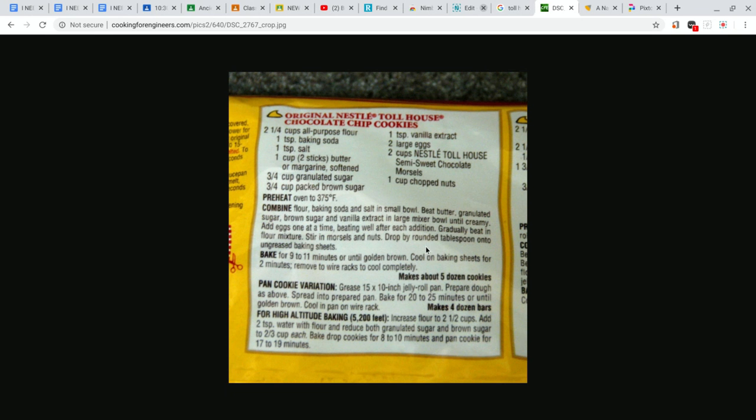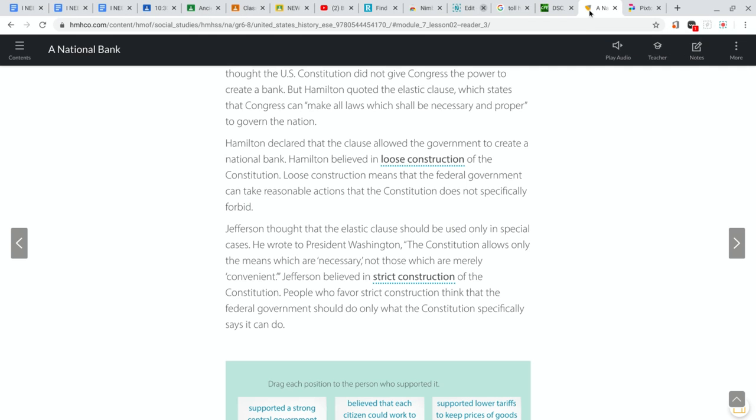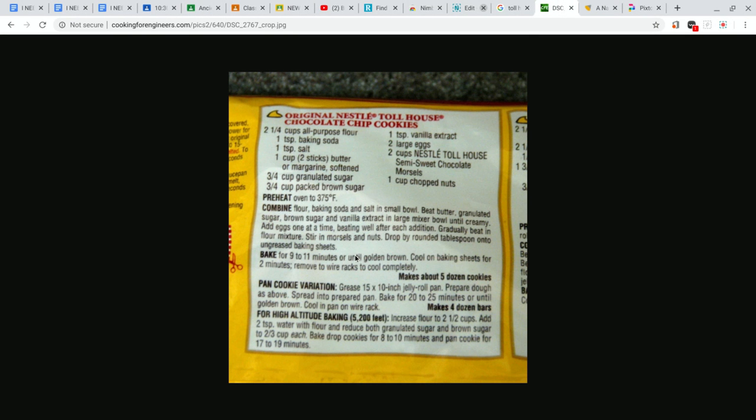So, what does this have to do with anything that we're doing in class? You all may be asking. Well, one of the things that came up in your reading was this idea here, the argument between Hamilton and Jefferson over loose construction or strict construction of the Constitution. And basically, what I've always thought of the Constitution as is a recipe for government. So, just like this recipe has all these different things and it says, this is how you do this,